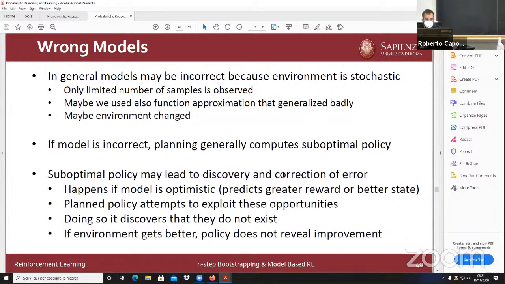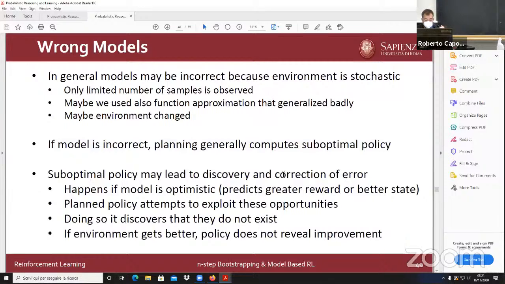And also, you have only a limited number of samples that you are observing. And so eventually, instead of using a table, you could use a function approximator like a neural network. And maybe generalization is not perfect in that case, or for many reasons you have some error in your function approximation,